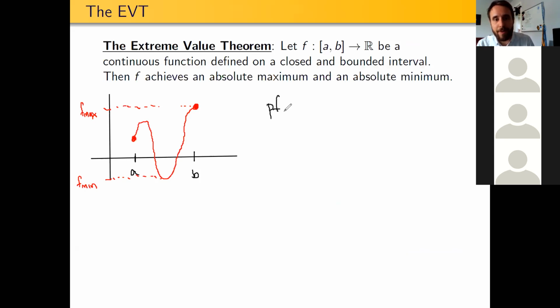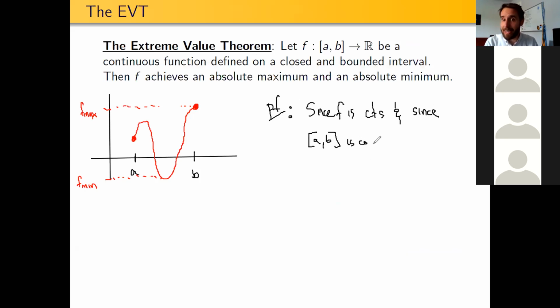So the proof of the extreme value theorem: f is continuous, and since the interval a to b is compact, a closed and bounded interval is a compact set, which one of our groups proved last week. So since f is continuous and since the interval from a to b is compact, we know that